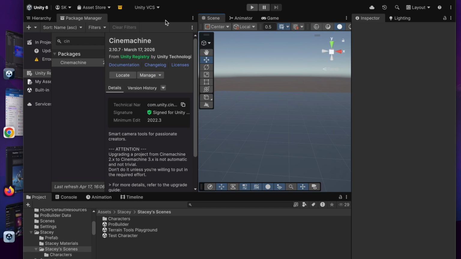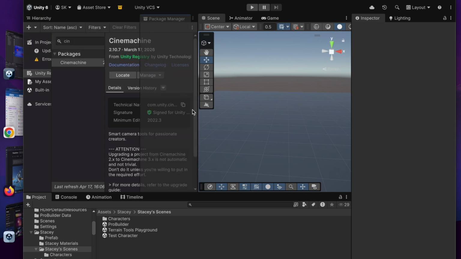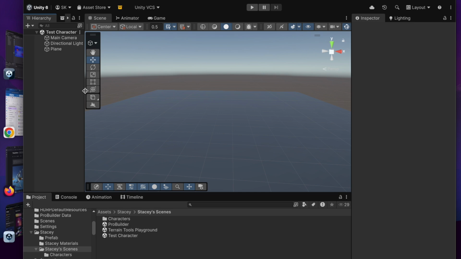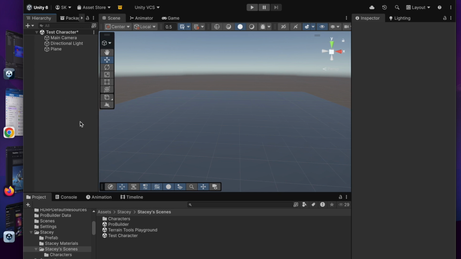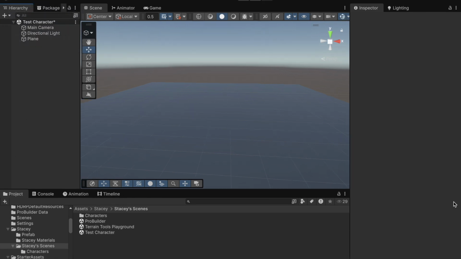Okay, so once you have those two things downloaded through your package manager, let me remind you, you open your package manager in the toolbar window here under package management, package manager. I have mine docked here next to my hierarchy because I find it works really well for me. I just slide over my scene view and just click back on my hierarchy when I'm done. So I'm now back in my scene here. I'm going to maximize this so you can see it better. And I have everything set now to go ahead and